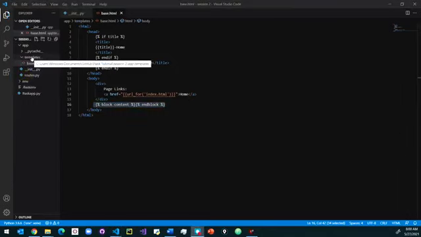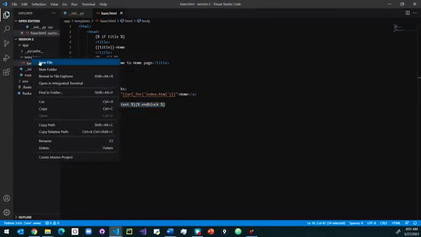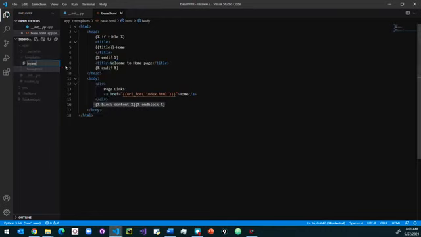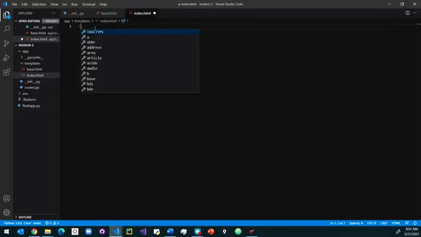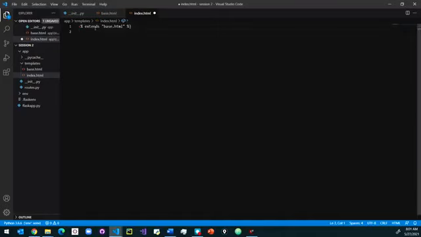Now we are going to create the actual index page, index.html. Remember, we don't need to use all the base structure of the HTML. We can simply say extends. What we are extending is the base.html that we have just created. So this should be called base. And on top of that base.html, we are going to create the content for this index.html page.